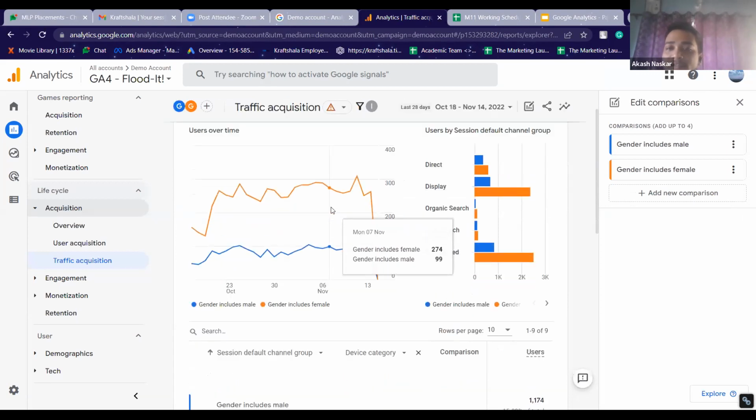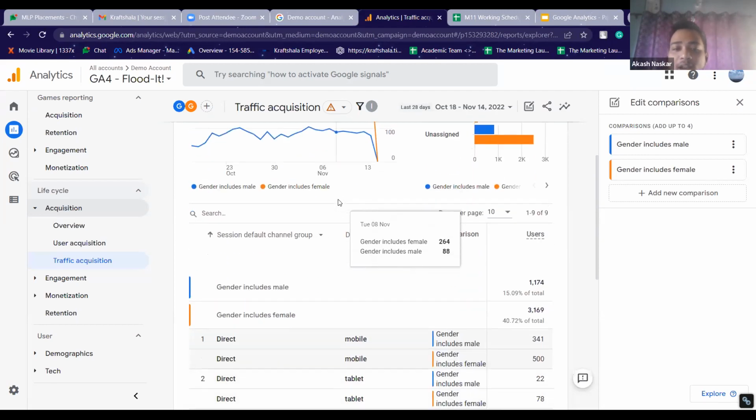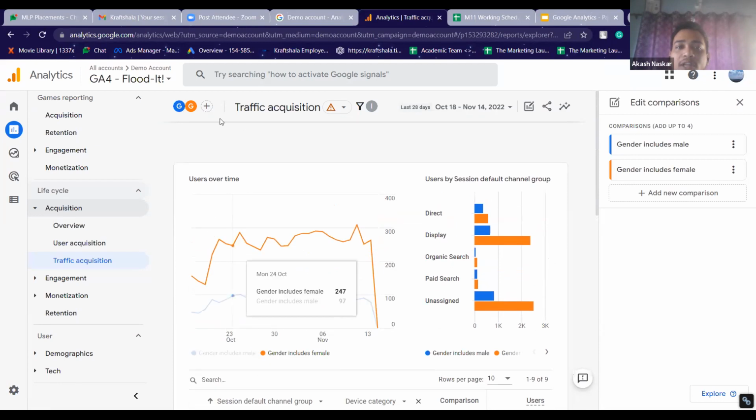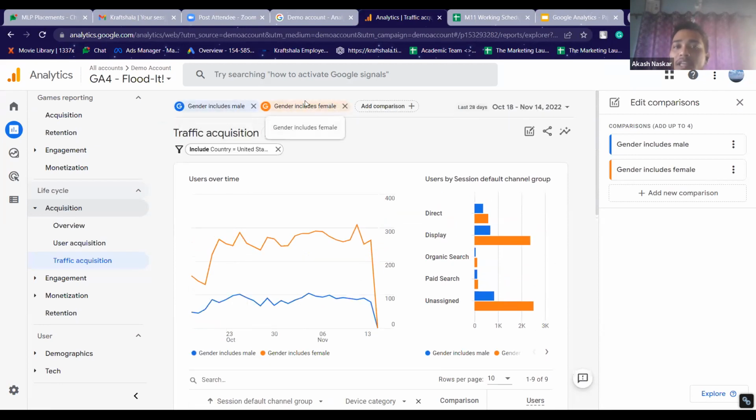Now, once I put this filter, I also want to see, from the people who are from US, what device are they using? Now, I can't put two filters. I can only put one filter at a time. So then I'll put the device either in the secondary dimension, or I can put the device in the comparison also, if I was not to compare male and female.